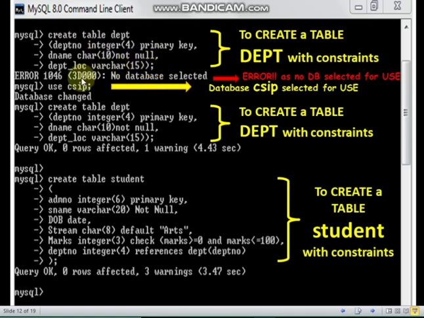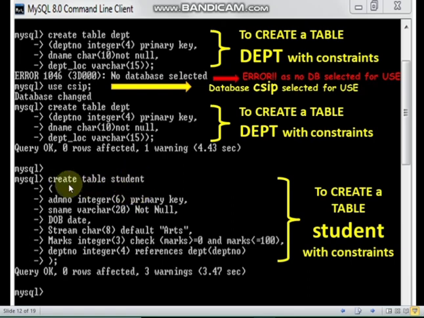After this it gave me the error, no database selected. So I went inside this database by giving the command USE CSIP, and then created the table, and it showed Query OK. Then I created another table, student.